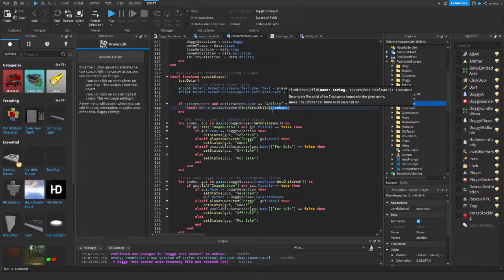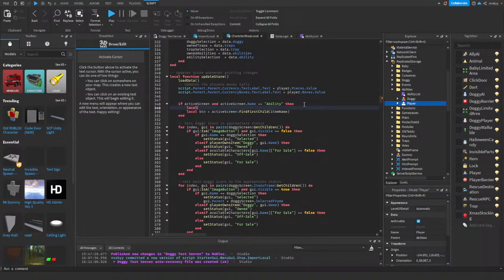Oh, so this is local name. Let's set that right there for local is equal to does, so title tag. Okay,